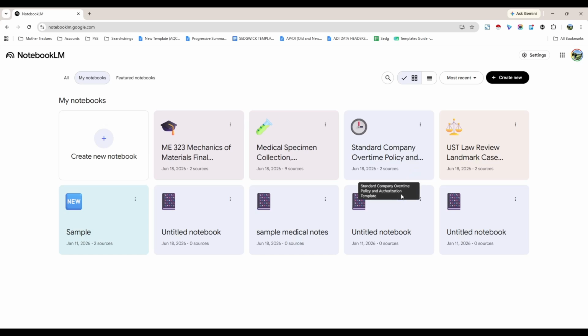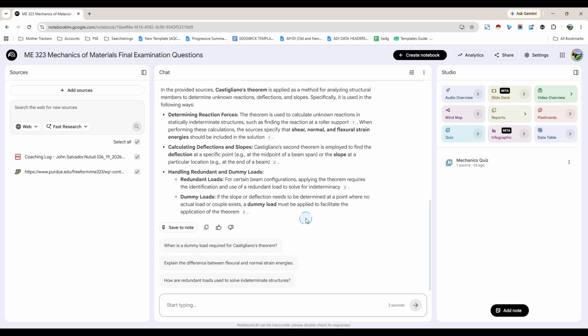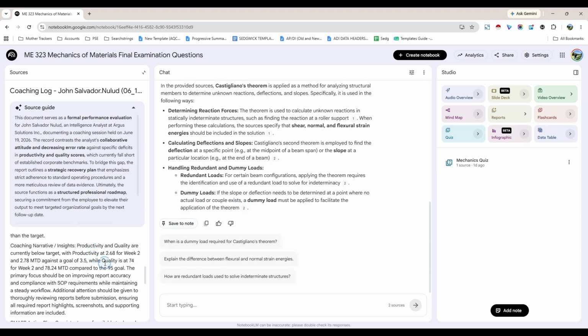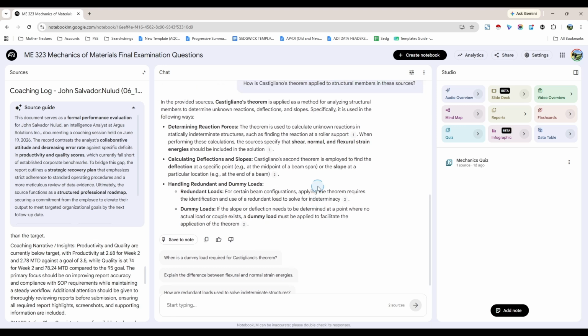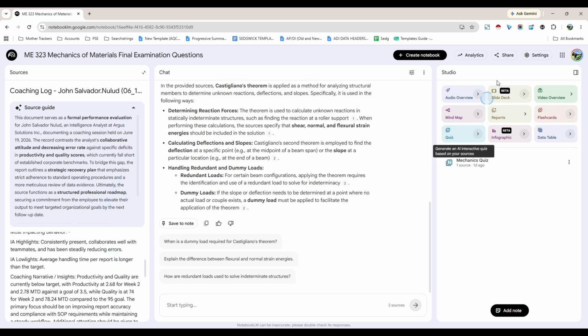So today I'm about to show you how to create a shared team workspace in NotebookLM. First, understand that NotebookLM does not use a traditional shared folder system. Instead, your team workspace is built by creating a centralized notebook and sharing it directly with your colleagues. Open NotebookLM, click New Notebook, and upload all your shared company assets, like standard operating procedures, training manuals, and